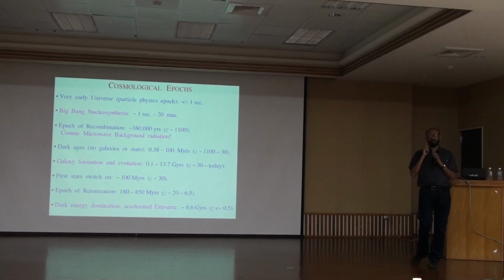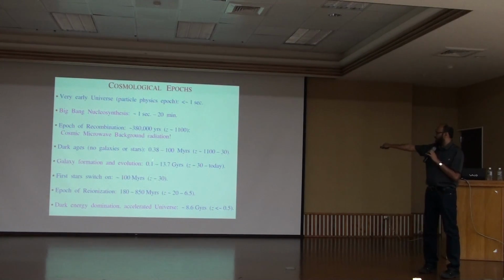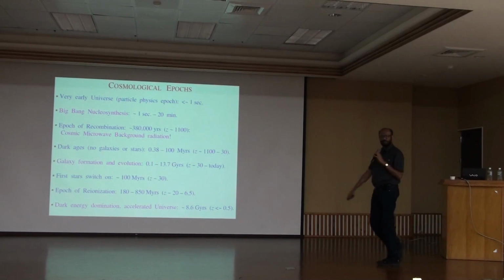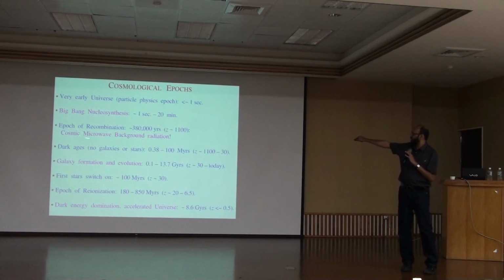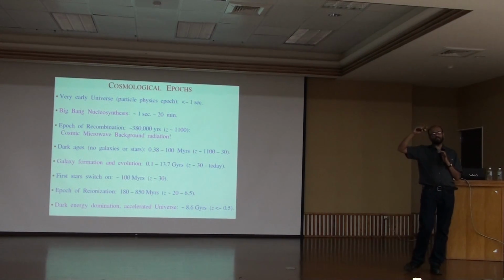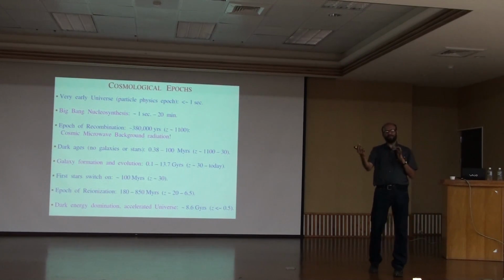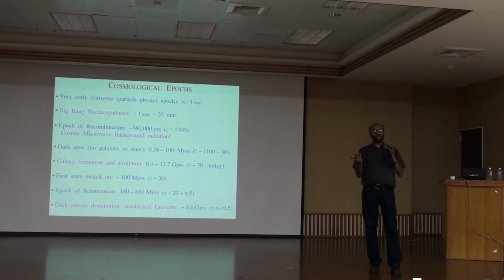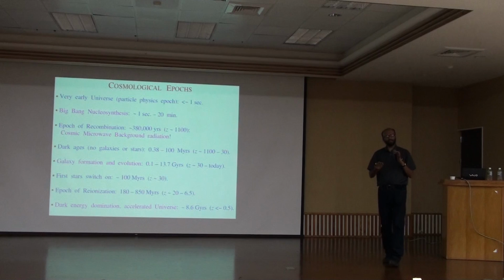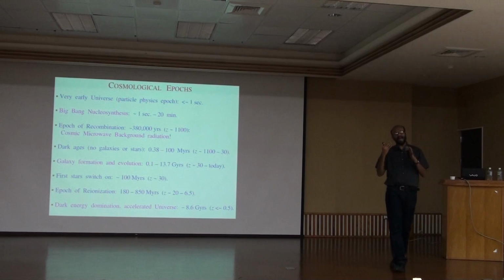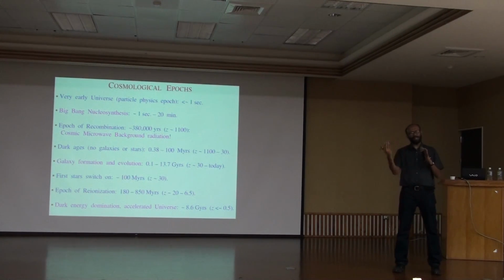The first stars switch on. Of course, that's part of galaxy formation. At about the same time, 100 million years ago, redshifts of 30. There's a very funny epoch that happens because we know today, look at galaxies. I said that there was this epoch of recombination 400,000 years ago, in which protons and electrons merged and formed hydrogen atoms. So you'd imagine that space between galaxies will be full of hydrogen atoms today, neutral hydrogen atoms. And we know from observations, this is not the case. Space between galaxies is full of ionized gas, which means protons and electrons separately.